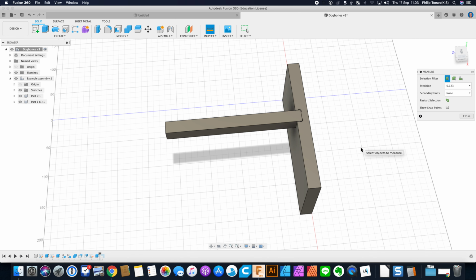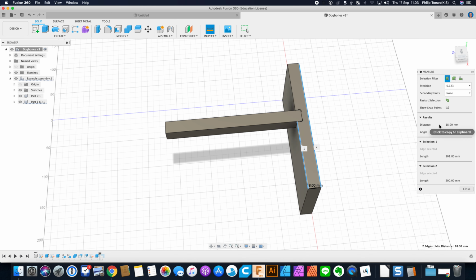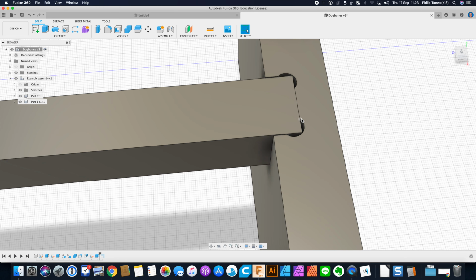But one easy way is to use the measure tool. I press I on the keyboard and then I just click between two different edges and I can see right away that my distance is 18mm. So that's 18mm thick, and I'll just close that and then zoom in here,